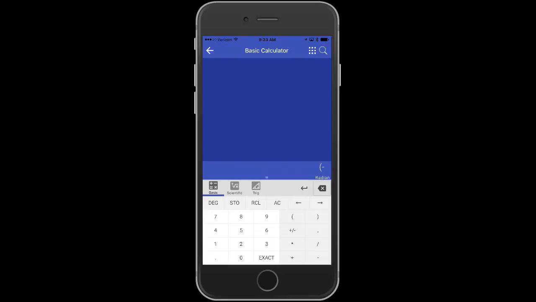So in this example, we're going to look at the negative absolute value of 4 minus 9. That should give us an answer of -5. So here's how we'll do it. First thing, I'm going to use the subtraction as my negative. So subtraction negative will work the same way. So there's our negative. Now I'm going to hit the scientific tab, and you can see absolute value up there